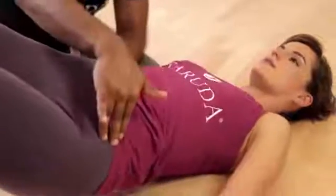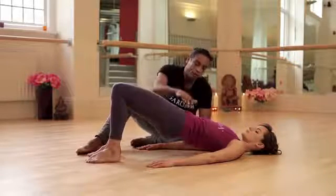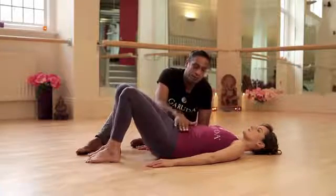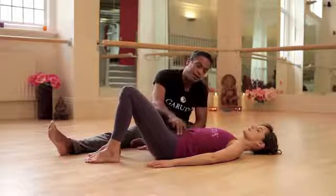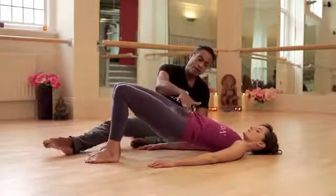And pour the left hip down to the floor. And breathing out, inner thighs work back to center. On the in-breath, pour the right hip and both hips down. On the out-breath, curl up from the tailbone to come back to center. Breathing in, pour the left hip and both hips down. On the out-breath, peel and roll back up to center. For the whole circle now, Martha. Empty the right hip and then both hips down. Lift up from the right foot, stand, and then lift the left hip up. Pouring the left foot and the left hip down, both hips, and then rolling up to the left hip,